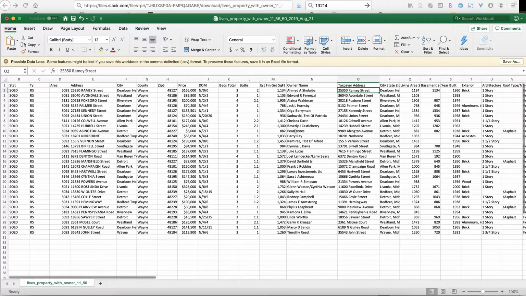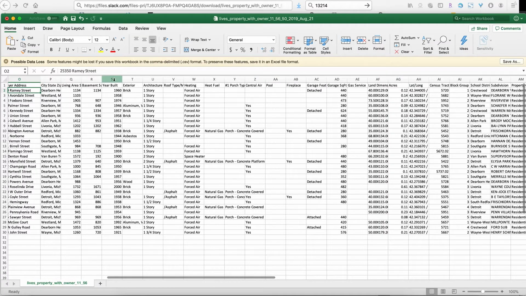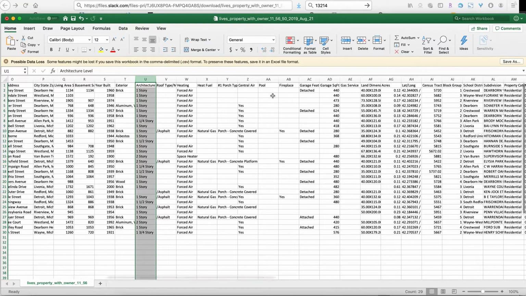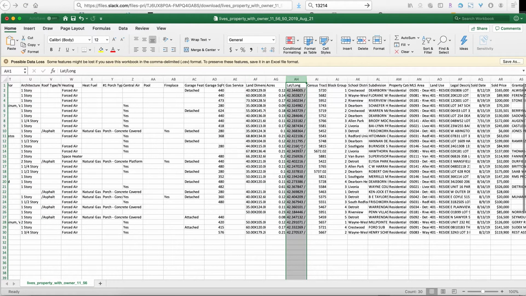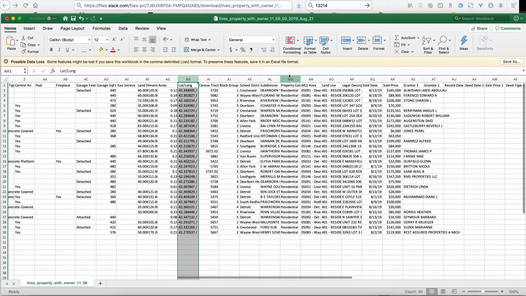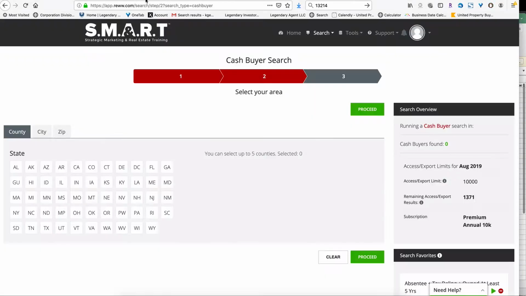But regardless, here we have some more information: year built, brick, if it's a one-story or two-story, and here we have the latitude and longitude of where the property is located on the map. We have a lot of other information here. Residential, for example, is important, and what the property sold for last. The reason why this is important, I'll show you, is because we are trying to build something like this,